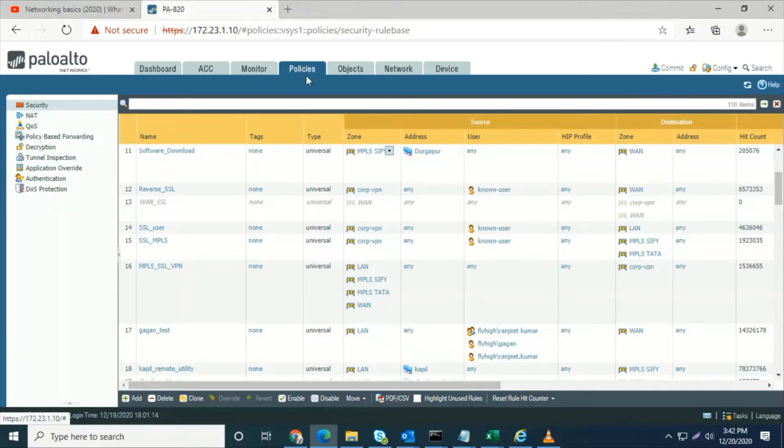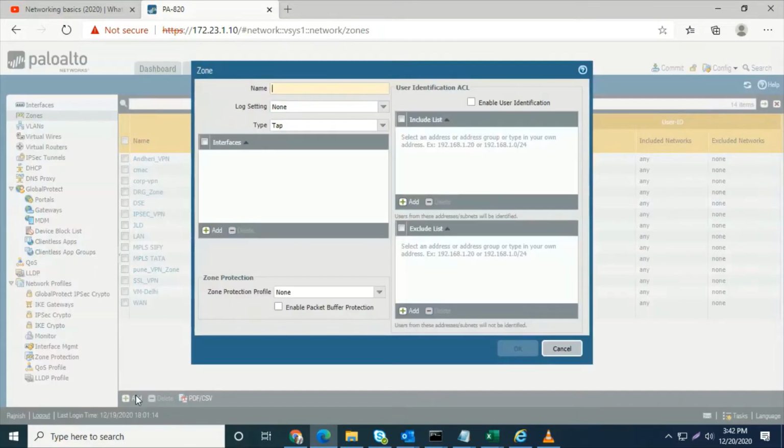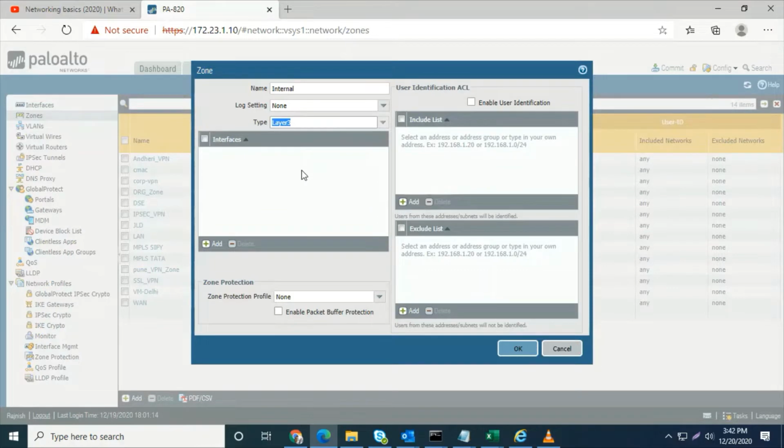First of all, we configure a zone in Network. We assign the interface to this zone, like we configure a zone for internal. Type, like I configure L3 type. So to add an interface means to assign the interface to this internal zone.